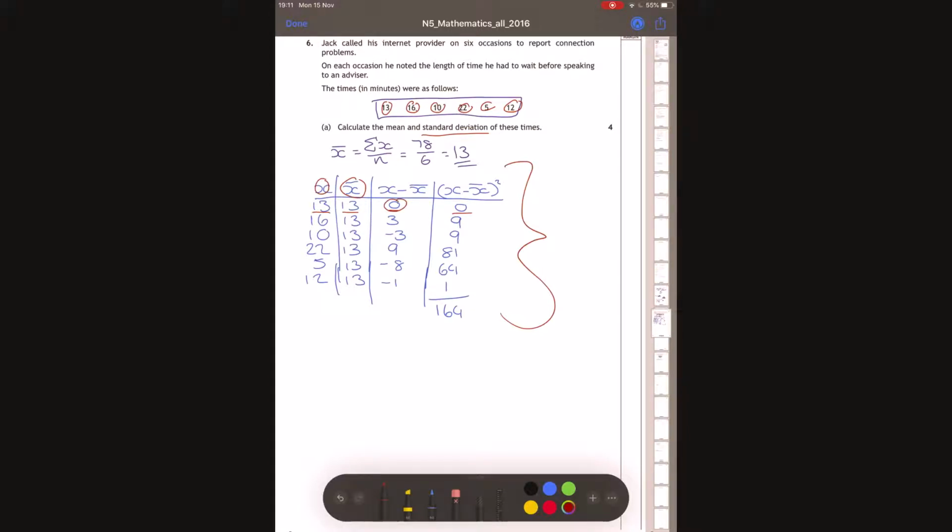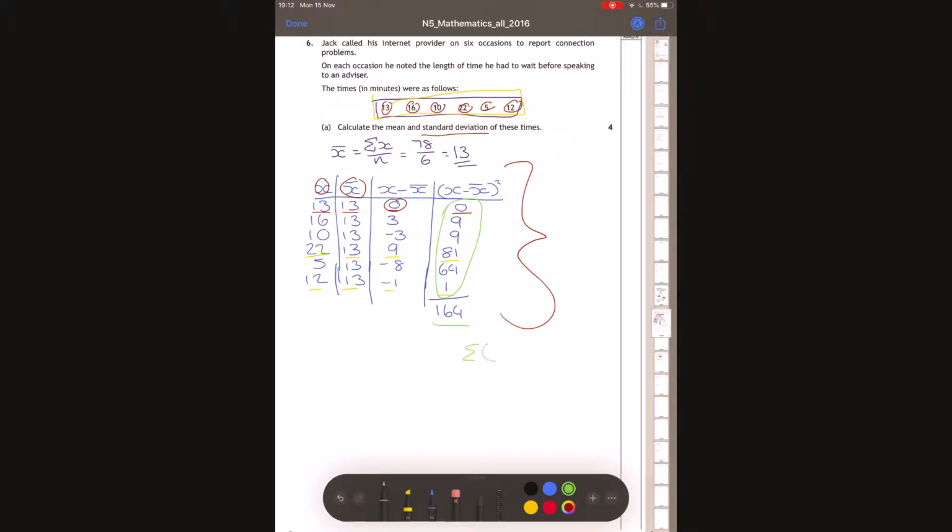So you just go through all of these for all your x's, all your n's up here, doing that. So 12 minus 13 is -1, -1 squared is 1. 22 minus 13 is 9, 9 squared is 81, etc, etc. Then in the final column, you add all of these up, and then this figure here